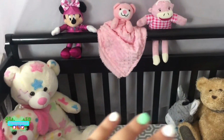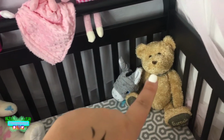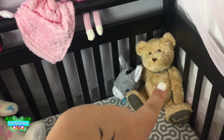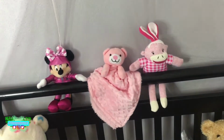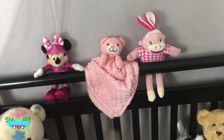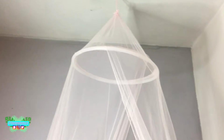But for now, I don't want my dog to get to them because he loves stuffed animals. So he already ripped off Barnsy's little bow tie, so that's gone already because the dog got it. And then I just have these like 3 little pink ones up here, which I think are super cute. And I just love how this canopy hangs because I always wanted one when I was like 13